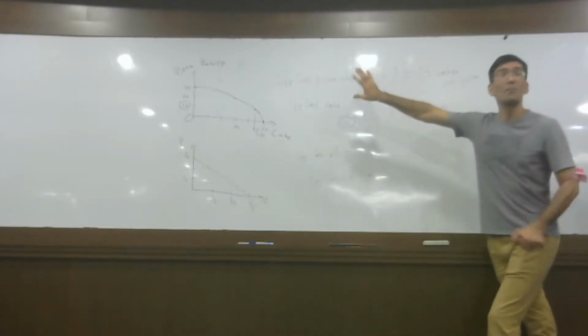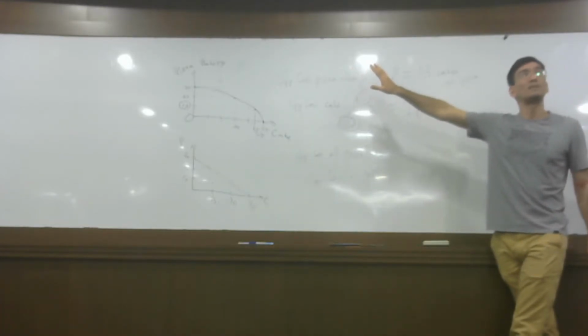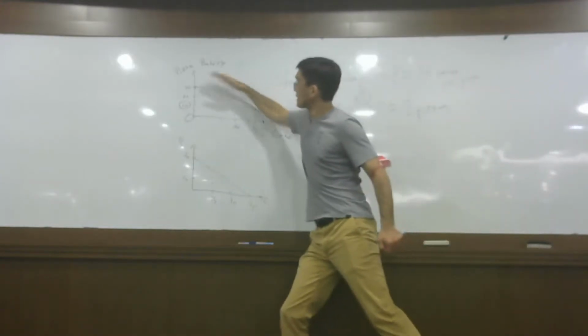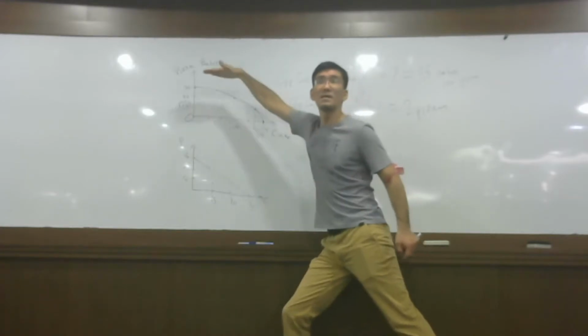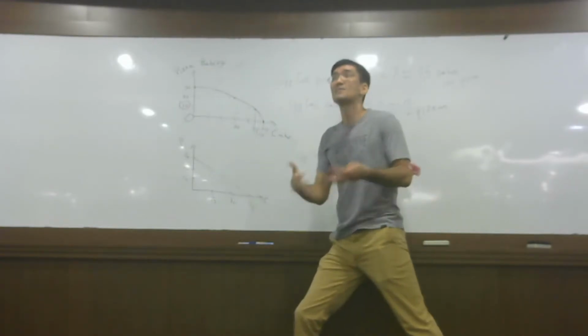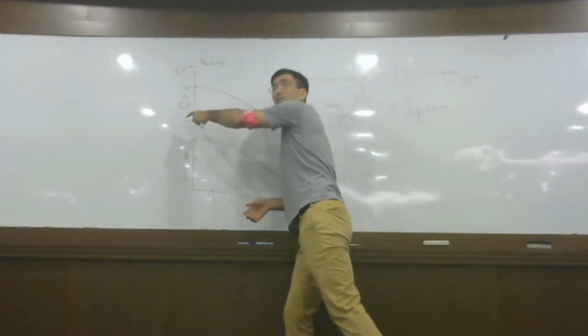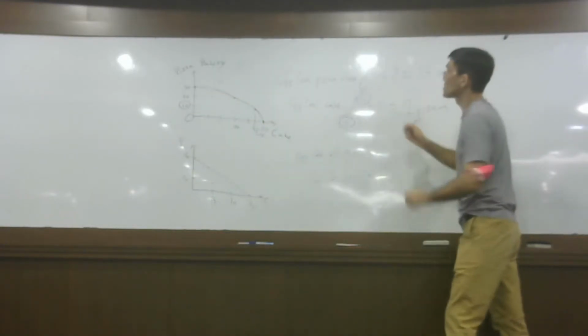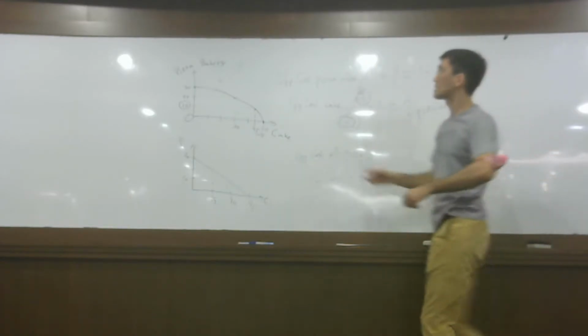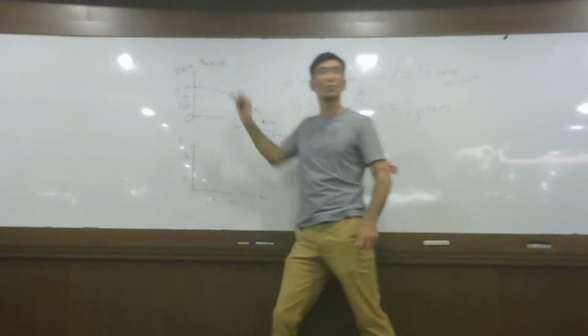Now here in the upper chart, because the slope of the PPF changes, here it's flat, here it's steep, that's the slope, right? Because the slope changes, the answer also changes as I look at different numbers. For example, if I change it from 20 to 30, as I get 10 more cakes here,